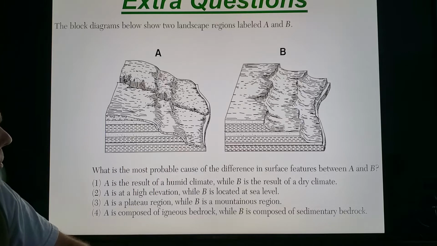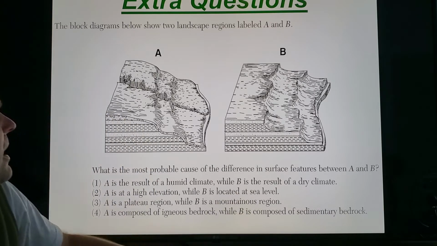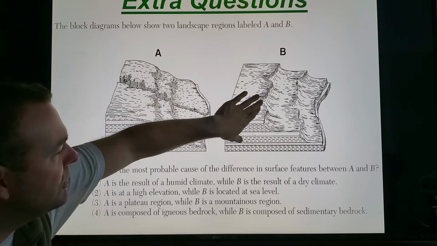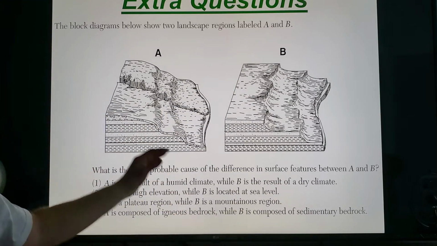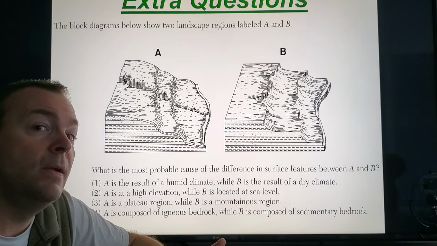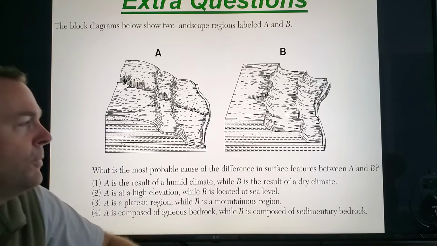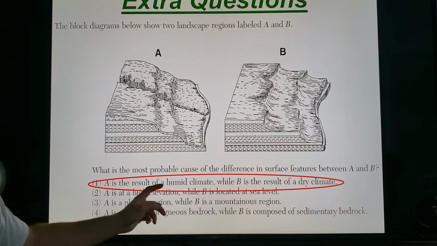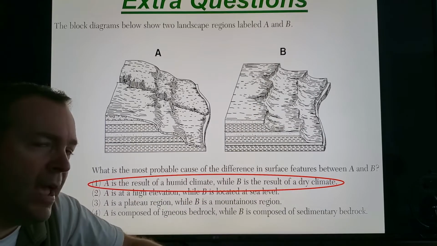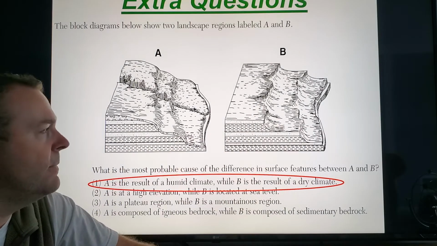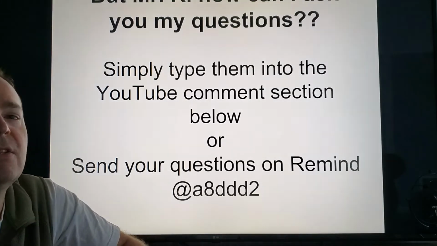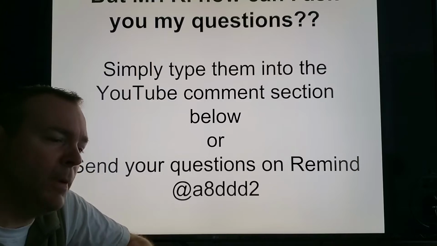What's the most probable cause of the difference in surface features between A and B? Well, A, if you look, looks nice and round. B looks much more jagged with cliffs. Well, what makes the rock nice and round and smooth? If you said flowing water, you're pretty good. So it's got to be a result of moisture, water, a humid climate, while B is more arid, a dry desert type environment. Okay? So please look over all the lessons in this unit, polish up that Castle bonus, and